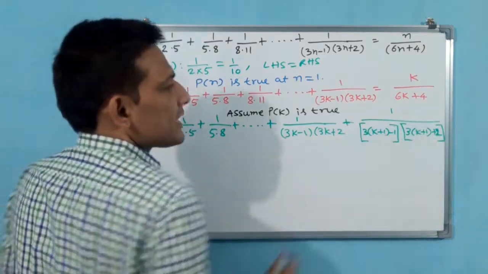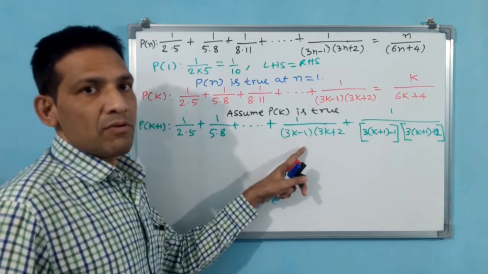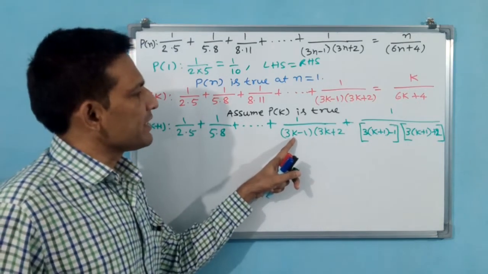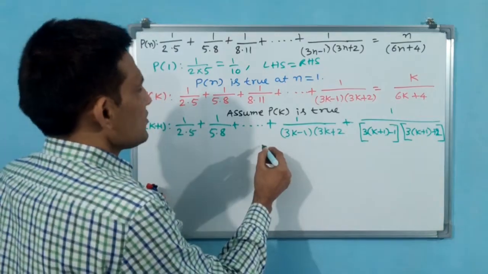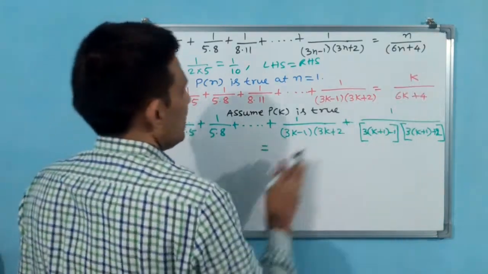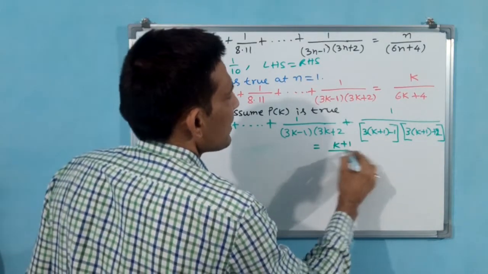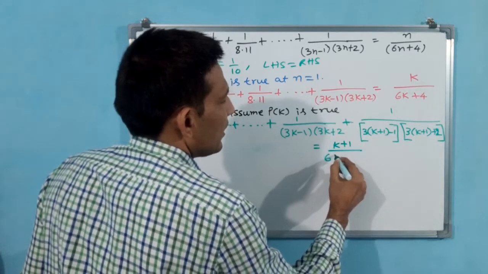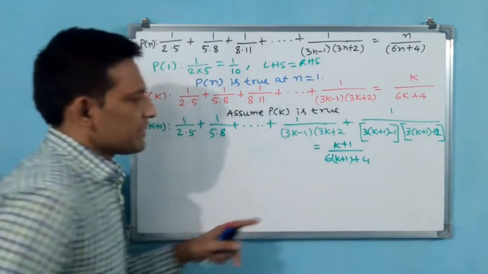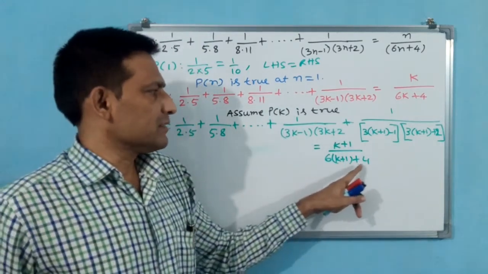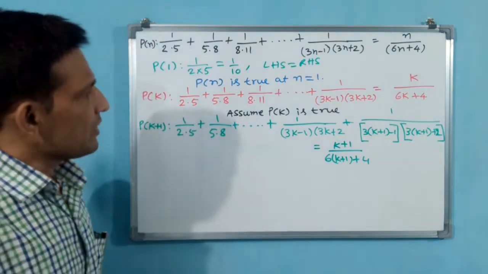Why? Because if I don't write like this, you may get confused. You have to write it, then the mistake is avoided. Or else, if you directly write k plus 1 minus 1, that is going to give a wrong answer. This is LHS. RHS is simple only, not a big one. K plus 1 by 6 into, here also you write like this only, plus 4. You see what is happening here? 6k plus 6 plus 4, 6 plus 10 will come. Okay, now what are you going to do?